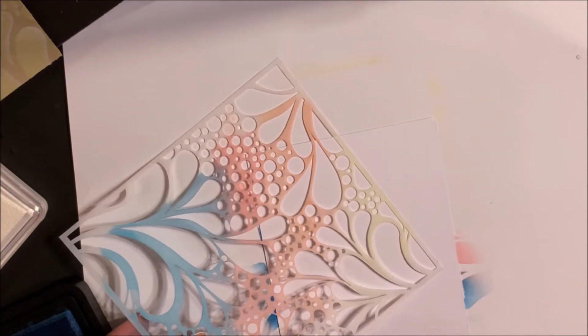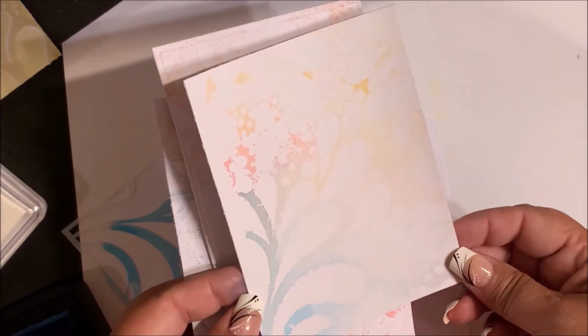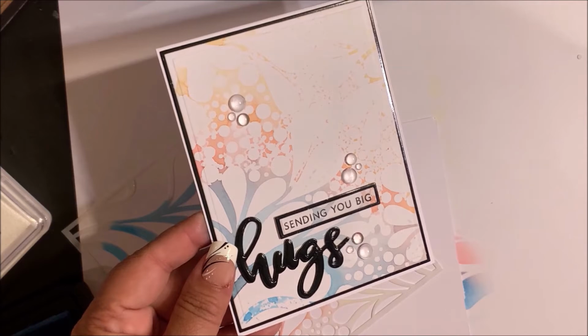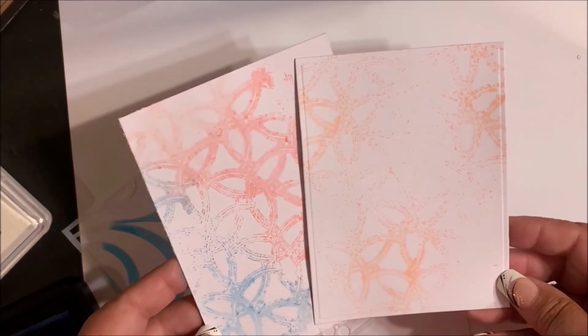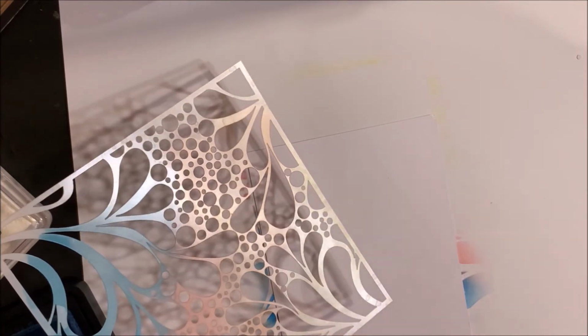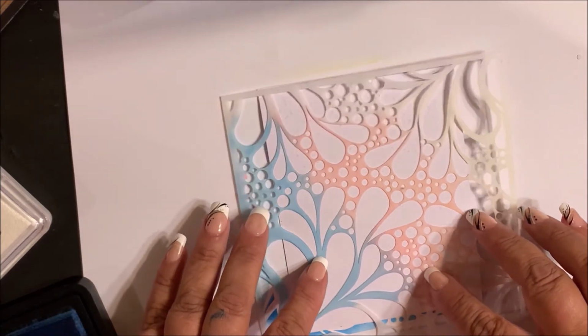Now you can go ahead and clean that stencil, but I'm going to make another print using the stencils and some water. Here you can see I have a lighter print using the water spray stencil. And here's that print on a finished card. And here's some prints using the half circle mixed media stencil. To make those prints with the leftover ink on your stencil, you can simply spritz your stencil with water and then place ink side down onto the cardstock, or you can lightly spritz the cardstock and then place the stencil ink side down. I'm going to lightly spritz my cardstock, and then I'll place that stencil ink side down onto